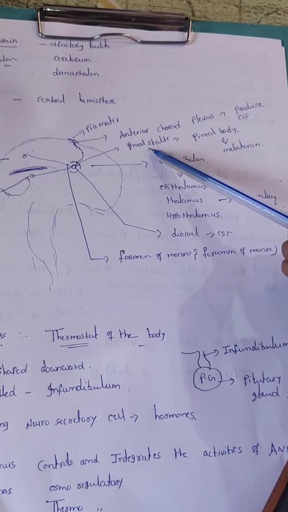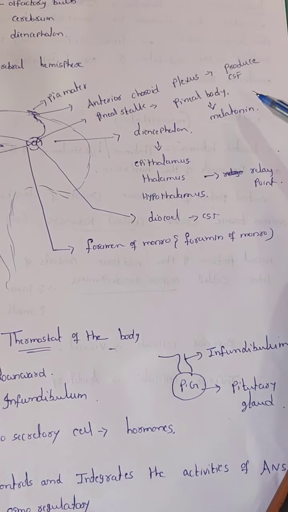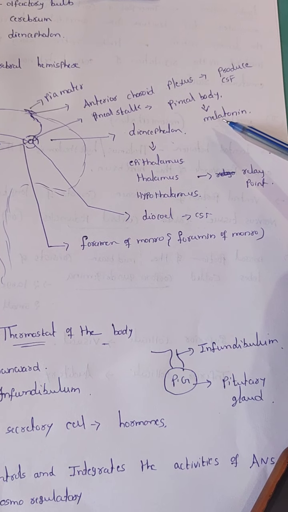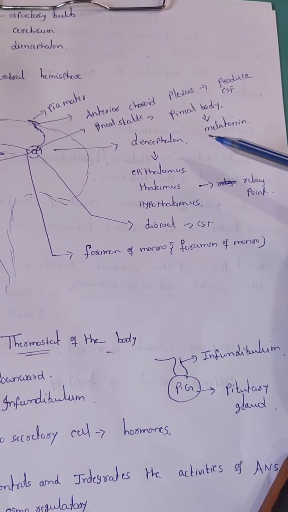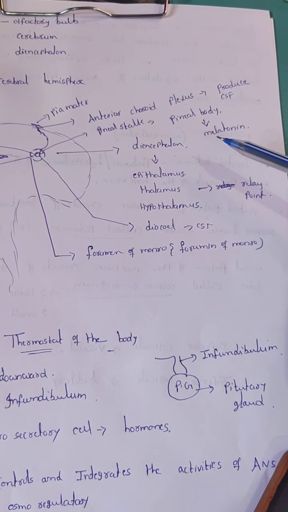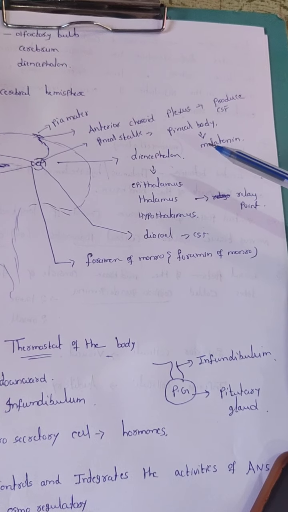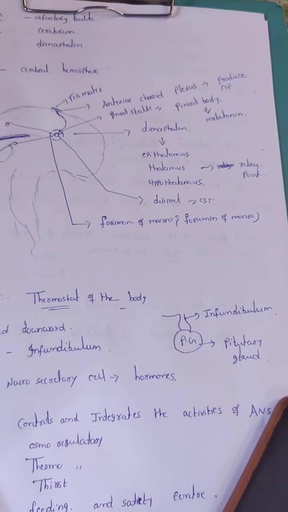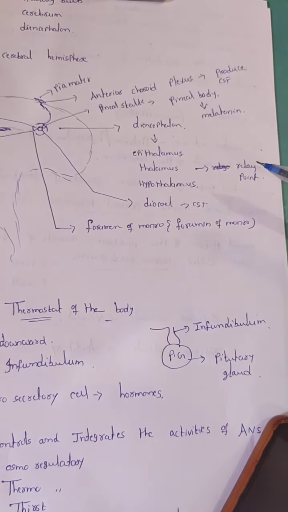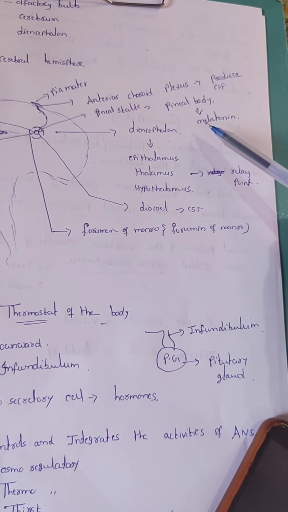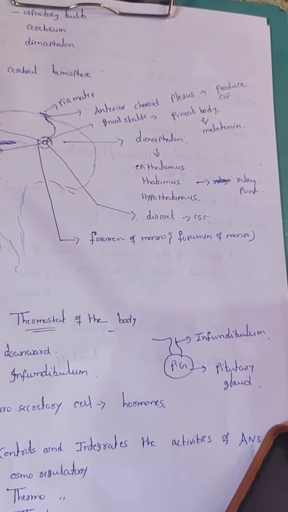Between the epithalamus and thalamus there is a small stalk-like structure called the pineal stalk. The pineal stalk bears a body called the pineal body. It secretes a hormone called melatonin. Melatonin is useful for pigmentation, and also for the sleep-wake cycle or biological rhythm. Normal, deep sleep is mainly based on melatonin, and it also controls the menstrual cycle. We will discuss this in the next chapter, chemical coordination.